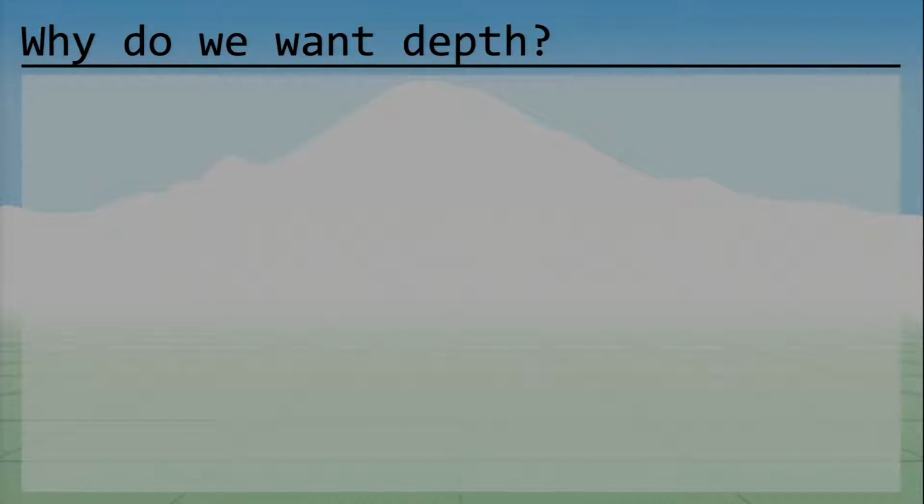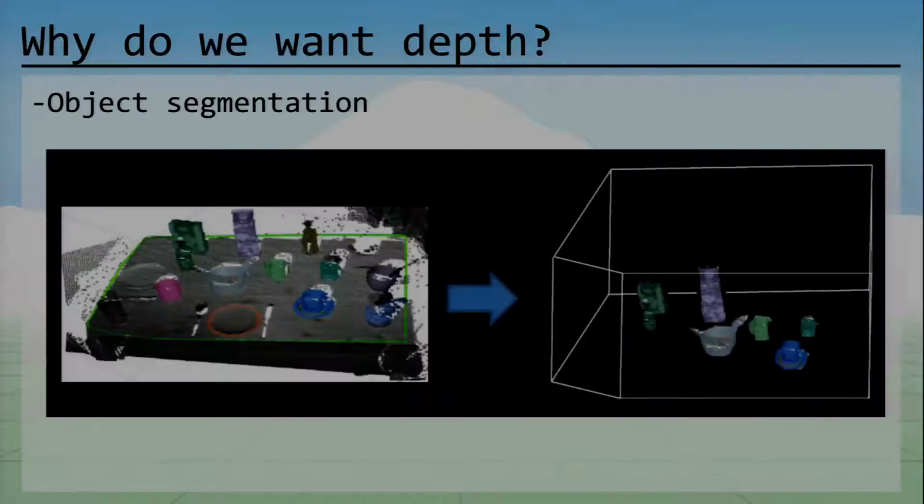What usefulness is this from a computer vision perspective? Why can't we just stick with our good old RGB images and be done with it? There are lots of really cool things you can do once you know how far away things are in your scene. One thing that becomes super easy is object segmentation. Imagine that instead of just RGB images, you have the full 3D points for every pixel in your scene. If you want to segment all the objects on this tabletop,